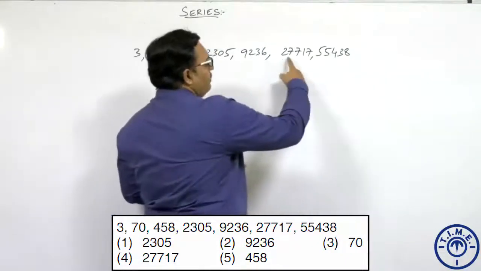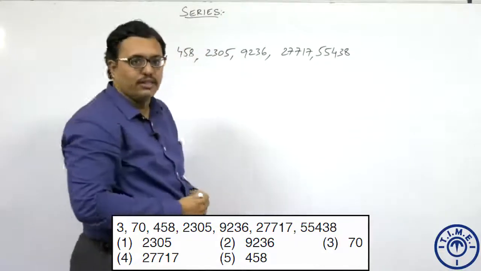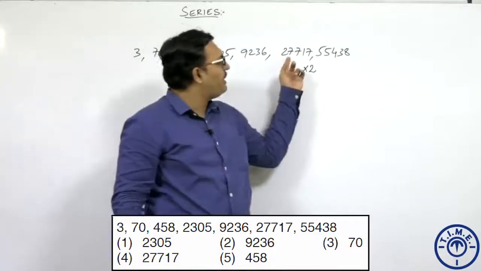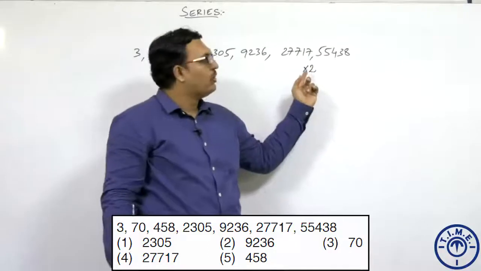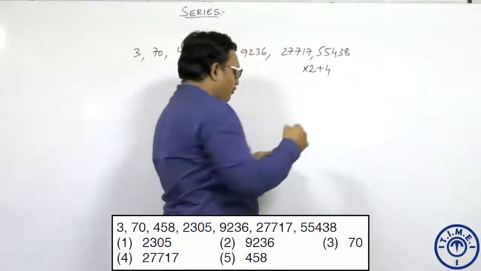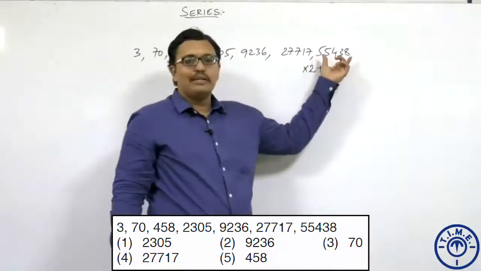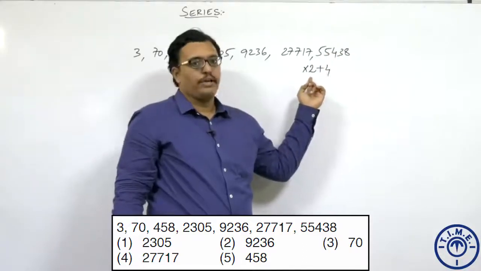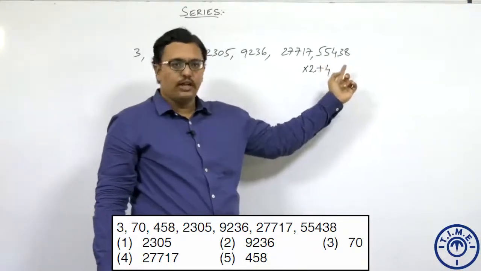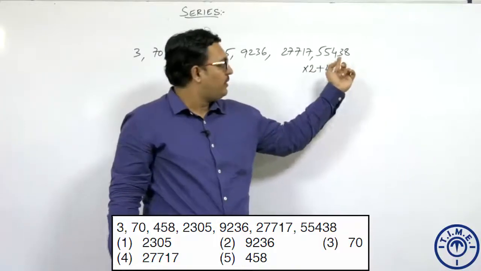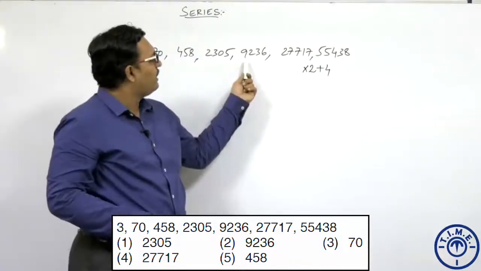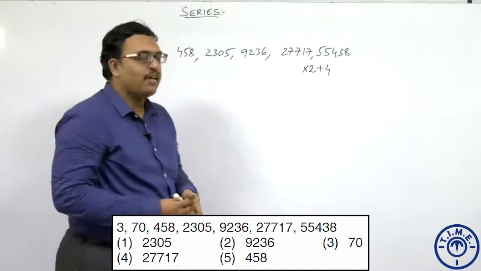Now here if you see, 27,000 and 55,000 is given. So the easier thing I can do is multiply it with 2. Now if I multiply 27,717 with 2, you are going to get 55,434. And how much I have to add here? 4. So always you have to get as close as possible to the number using the product, okay. So 27,717 multiplied by 2, you get 55,434 plus 4, you are going to get 55,438.